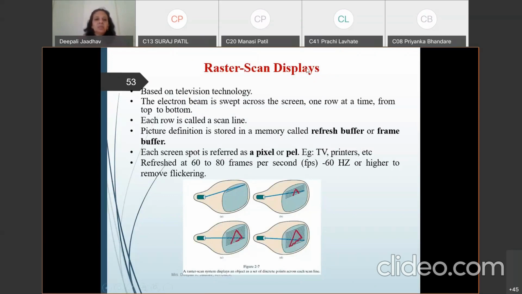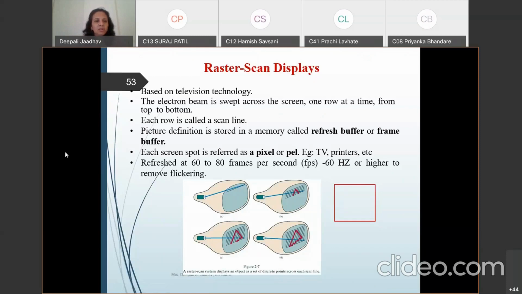Raster scan display is based on television technology. Whatever we have seen in television is a raster scan display. The electron beam is swept across the screen one row at a time from top to bottom. Suppose this is our screen.